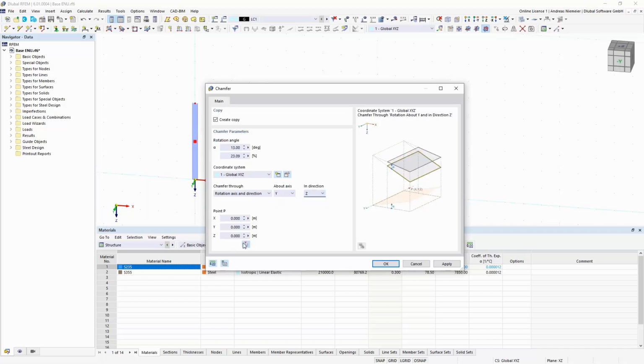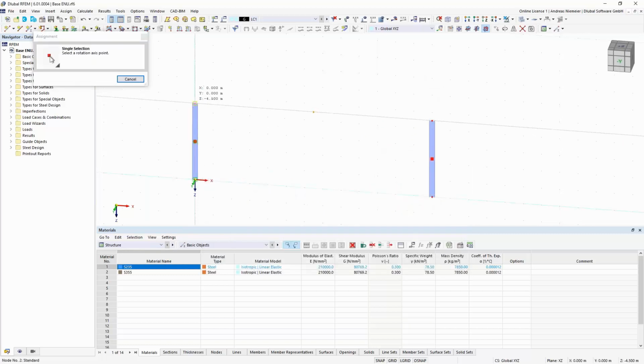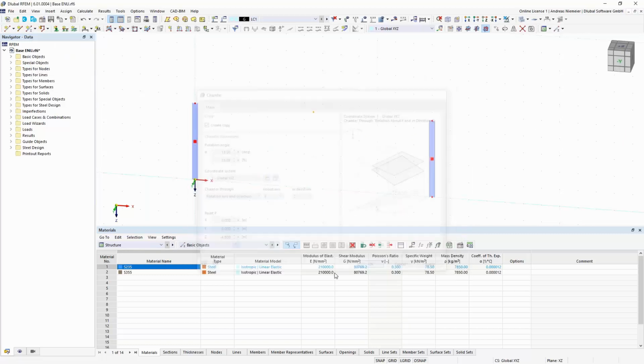And please rotate about this axis here and create it. And now the program creates me in the center a ridge node with the inclination of 13 degrees. And now I can place my roof members on this construction, and the rest node I can delete.